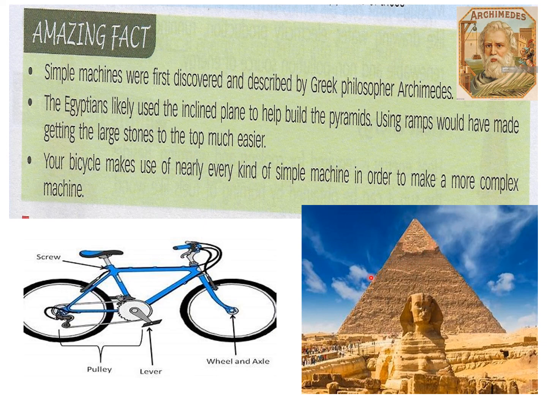Then a bicycle makes use of nearly every kind of simple machine in order to make a more complex machine. So just now you have read that complex machines are a combination of many simple machines. So this is the best example, the cycle. It has many simple machines and they make one complex machine, that is the bicycle. You can see screws. Screws are everywhere in the bicycle. Then this is a lever where the pedal is, and this is a pulley around which the chain moves your bicycle, and then this is wheel and axle, and this you can make out as an inclined plane also. So there are almost 5-6 simple machines in this complex machine.